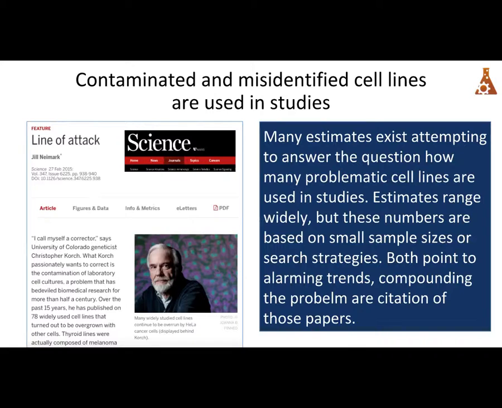Cell line problems really break down into two broad categories. There are contaminated cell lines. So at the stock center, some cell lines become contaminated with other cell lines, which can obviously be very, very bad. If you think you're buying one cell line and you're actually buying a different cell line. And then the second kind of problem is misidentification. And misidentification really comes down to what was first supposed about a particular cell line, but now we know that the cell line is actually something entirely different.